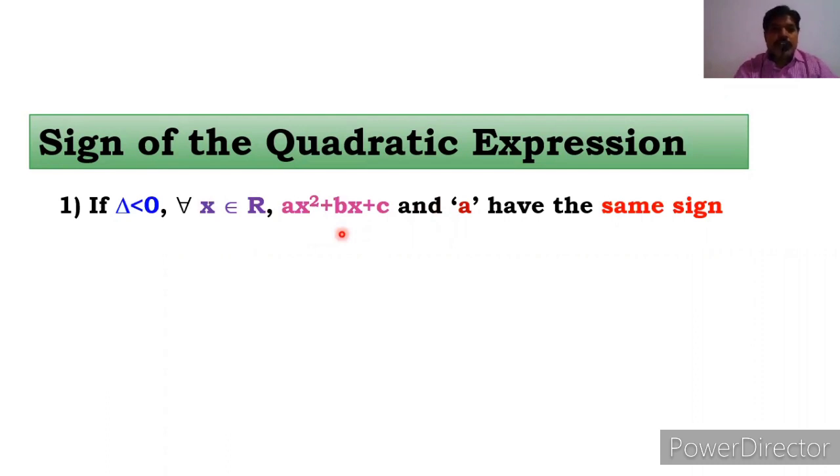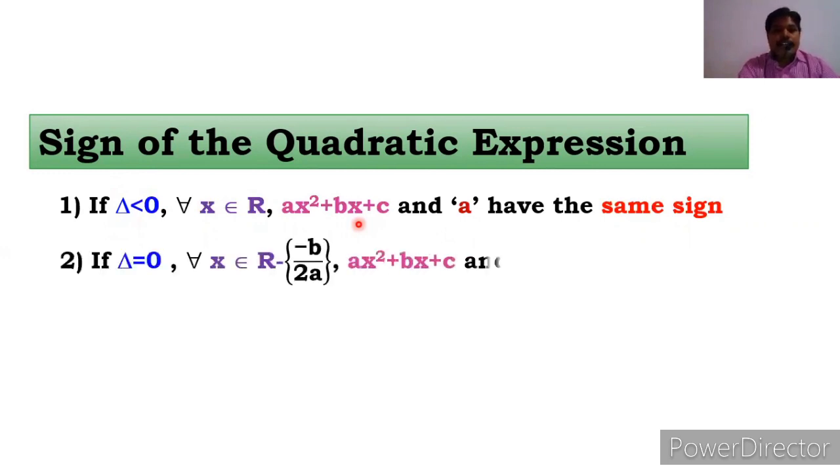So the proofs of these theorems we will discuss in the original PU. If you start that topic, we will give you the proofs of these theorems. Just remember the formulas, these conditions, we will apply these conditions in the problems directly. So just remember that one. If the discriminant is less than 0, that means the roots are non-real complex numbers, then a and ax square plus bx plus c both have same sign. That means, if a is positive, the expression will become positive. If a is negative, automatically this is also negative.